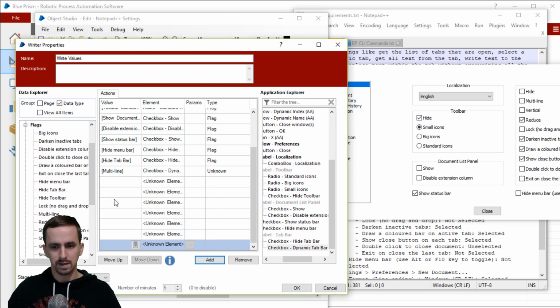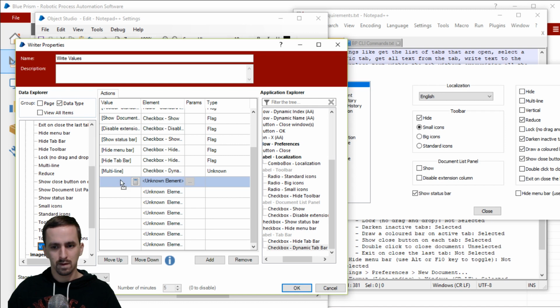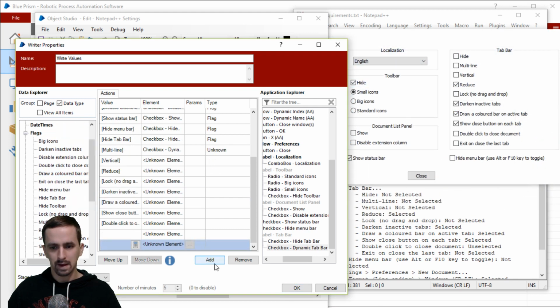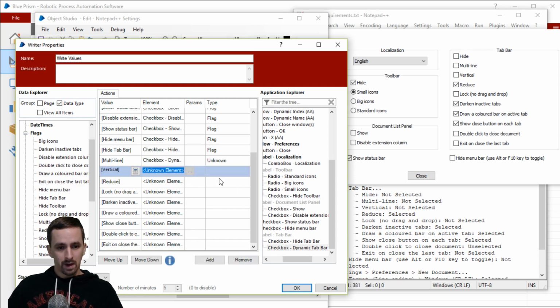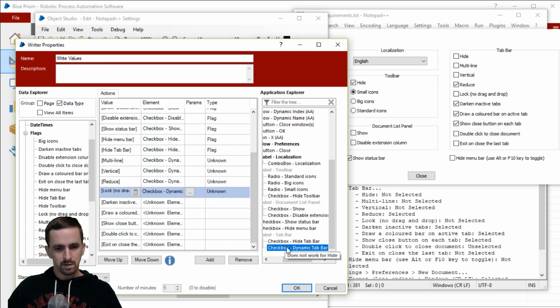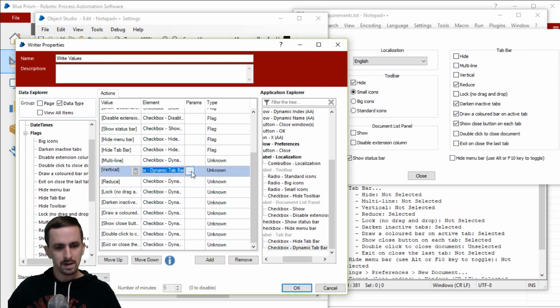But we've got multi-line, vertical, reduce, lock, and exit, and close. Okay. Now we do dynamic for all of these. And then inside of each of these, we will choose,